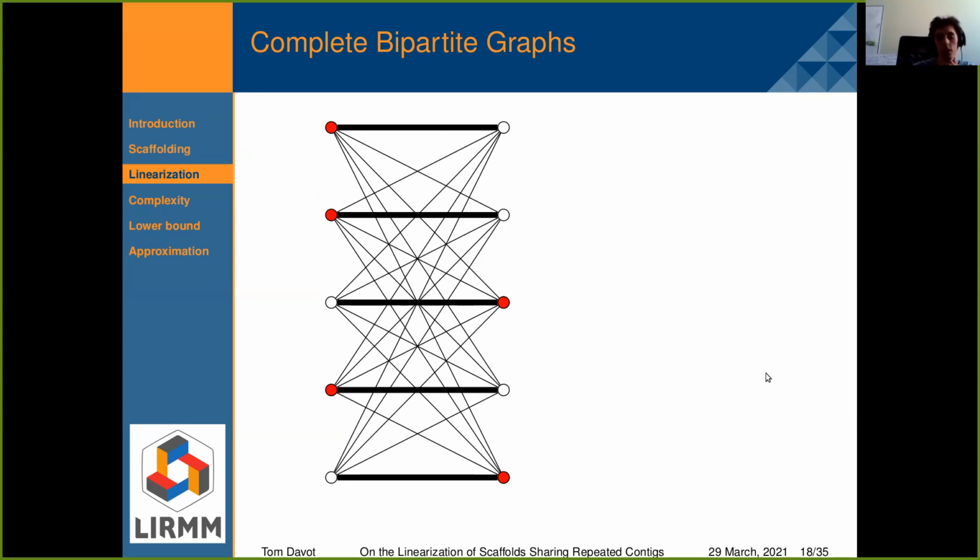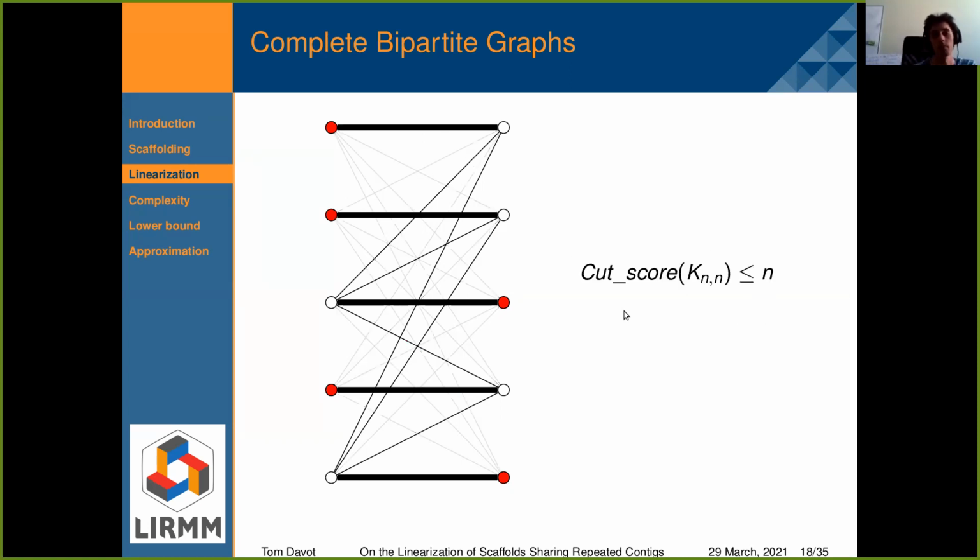That means I have an upper bound for the cut score which corresponds to the number of matching edges in my graph. So for the complete bipartite graph, the cut score is at most n, where n is the size of each part.